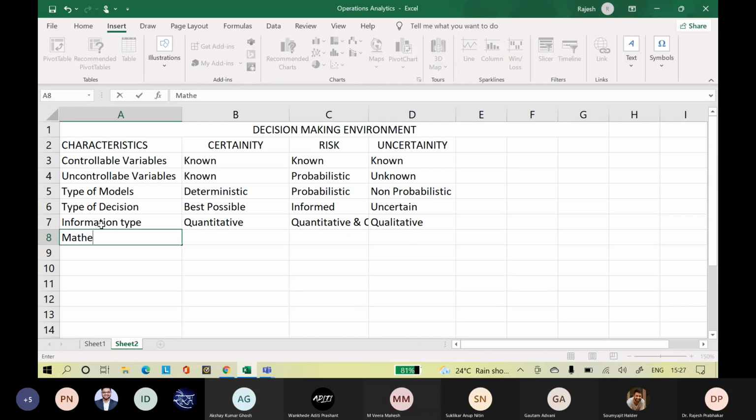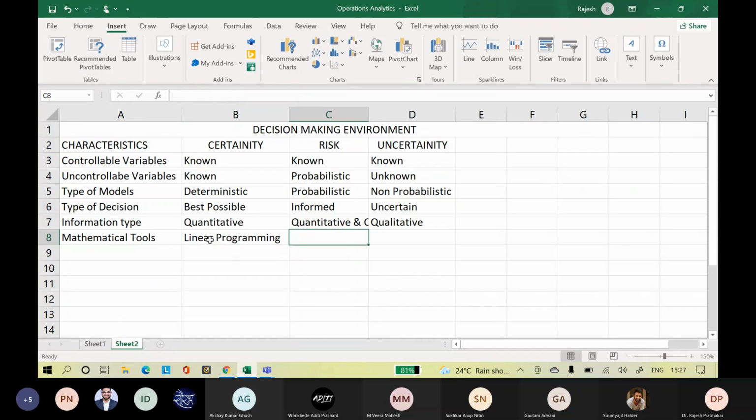Then the mathematical tools which we use in different methods: linear programming is widely used when you are making decisions in certainty. When you are making decisions under risk, you need statistical methods and simulation.